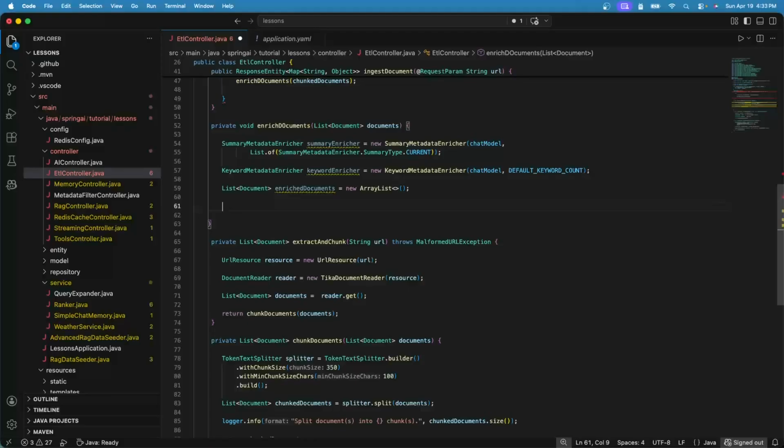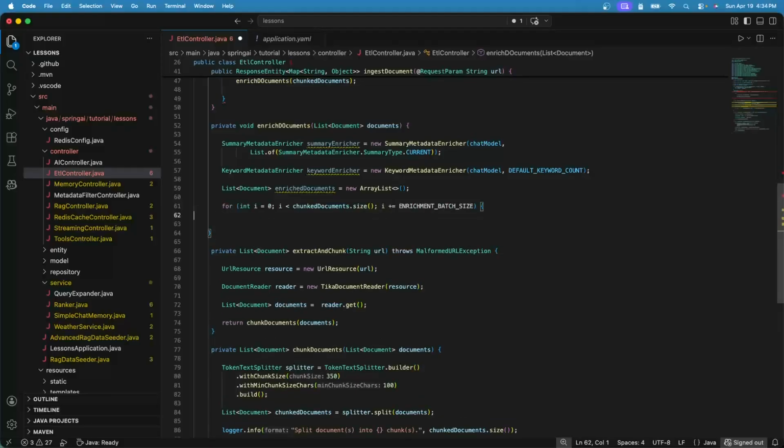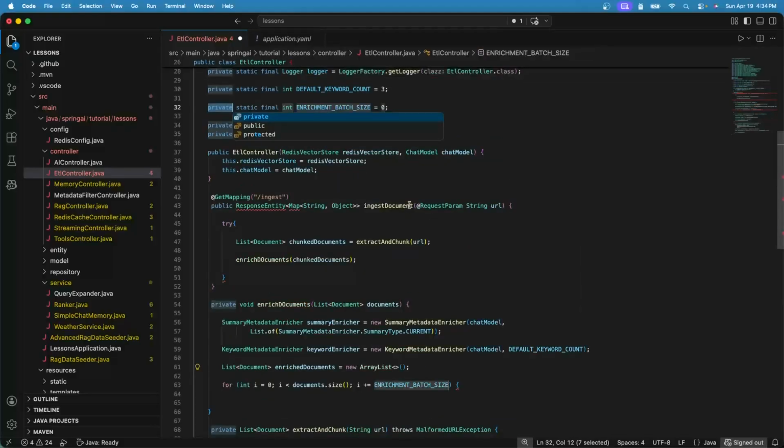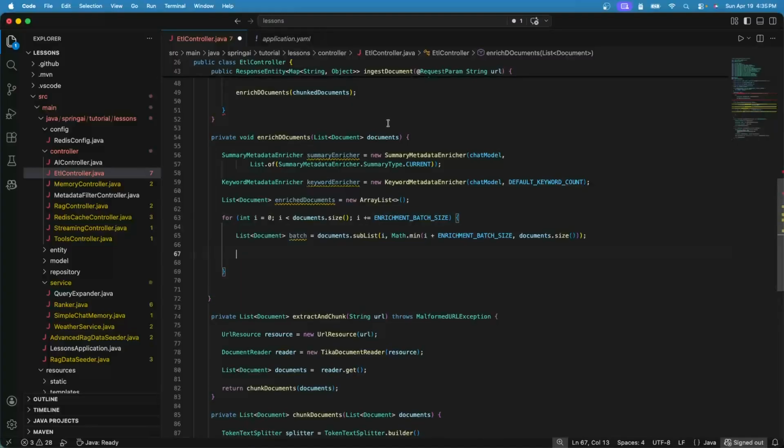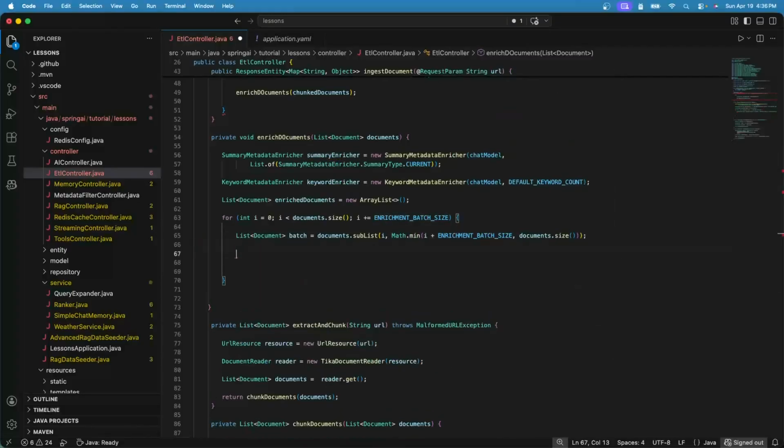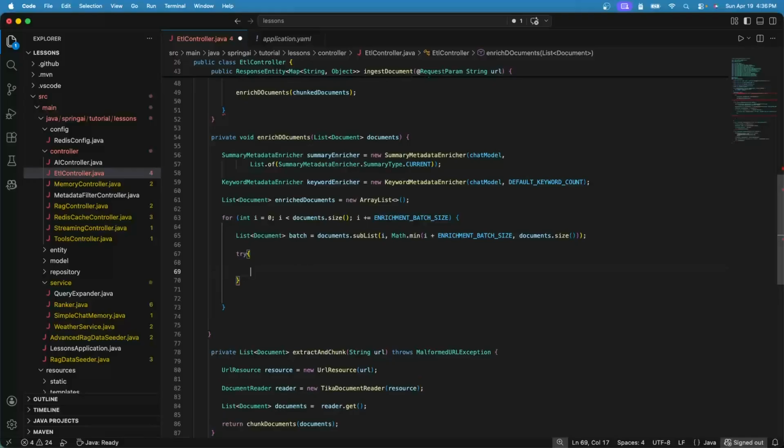Let's loop through all the documents batch-wise. Let's define this constant. We'll make a batch of size 5. So we'll create a sublist from the documents, sublist from i and the min of batch size. Either it is batch size, or in case the last batch is less than the batch size, then we take the min. Let me define a try-catch block and let me call summary enricher dot apply on